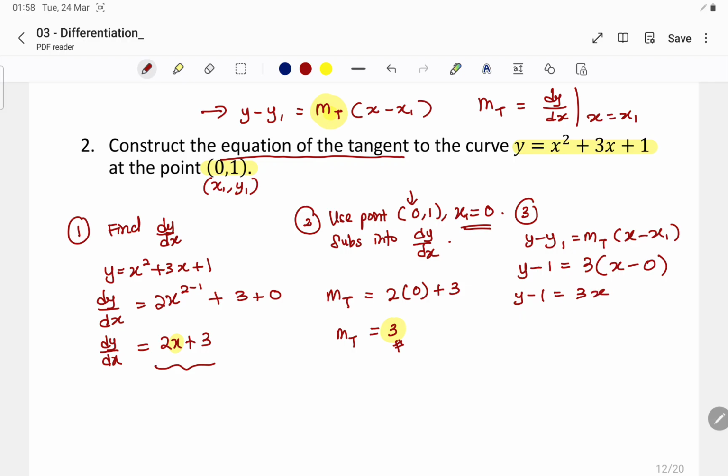times (x minus 0), x. Okay, and then you bring negative 1 to the right side. y equals 3x plus 1. So, okay, this is your final answer. So your y is equal to 3x plus 1, which is also similar to the form mx plus c. So this is what you want as the final answer for the equation of the tangent. Okay, so now we proceed to the next one,